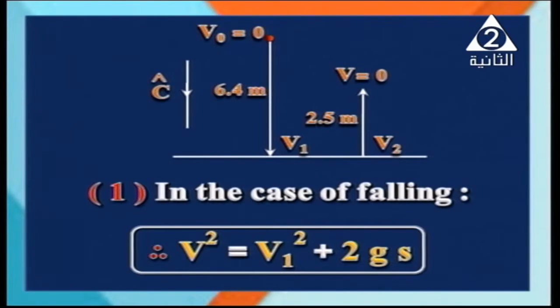V naught or v1 equals 0. Why? Because, my dear student, when the ball falls down, the initial velocity v naught equals 0. By using the third equation of motion, v square equals v naught square plus 2gs, then